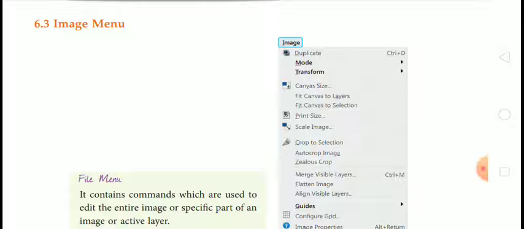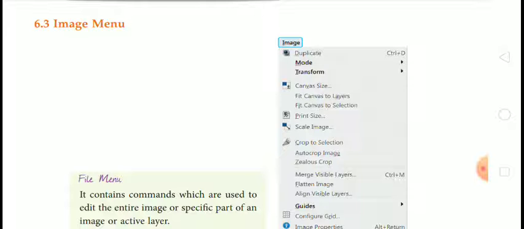Merge visible layer. If you want to merge the layers which are available or visible, you can merge with this option, and the shortcut key is Ctrl plus M. So Ctrl plus M is the shortcut key to merge visible layer. Then flatten image.